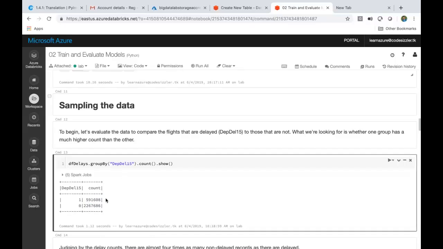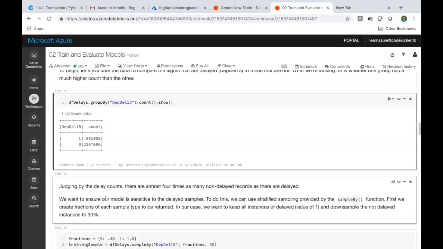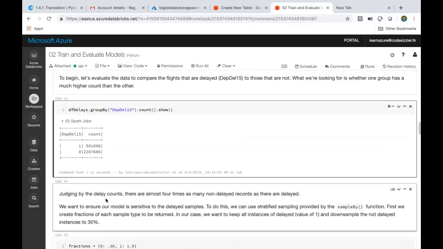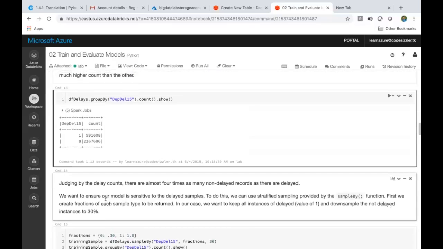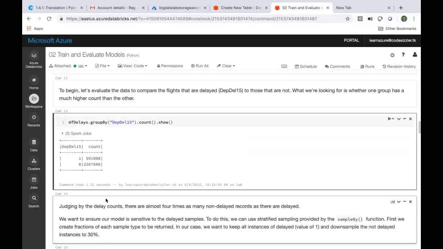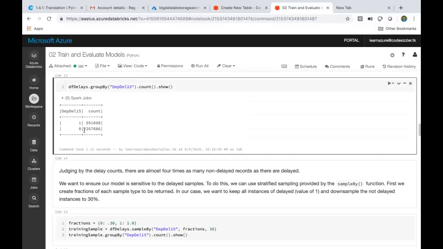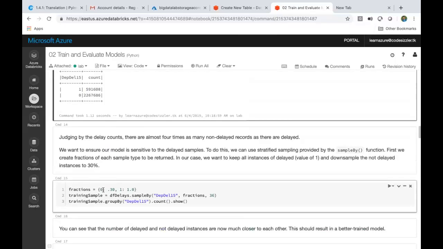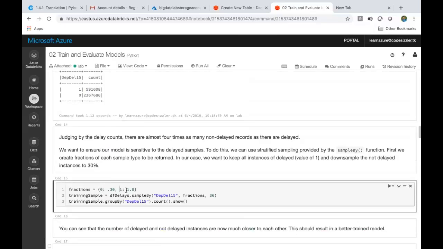So we have to go with a lesser number of data set, not 70-30. But then what is the guarantee again? So what I can do is, maybe I can take only 30% of this. So I'll get only 30% of records from here, and anyways I have 30% here, so it becomes easier for me to map it. So see here, I'm just defining the fractions, saying that from 0 take 30%, from 1 take everything, and I'm defining the fractions here.